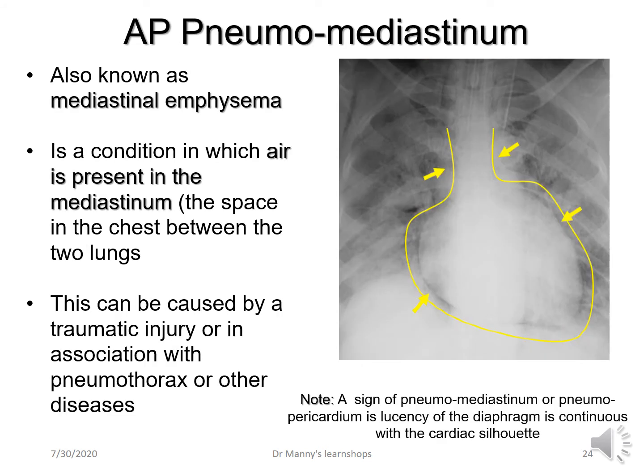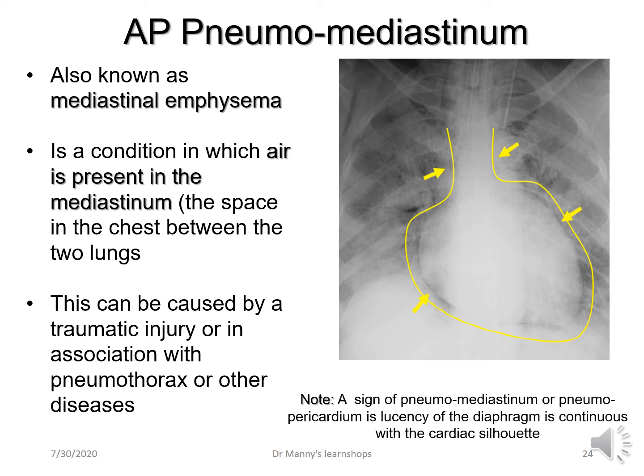Another form of barotrauma is a pneumomediastinum. Pneumo, air; mediastinum, middle space. It's also known as mediastinal emphysema, and it's a condition in which air is present in the mediastinum. And the mediastinum, as we've indicated previously, is the space in the chest between the two lungs. This is where the heart sits, superior and inferior vena cava are contained, the ascending and descending arch of the aorta, the esophagus, the trachea, the primary bronchi, a number of different glands,